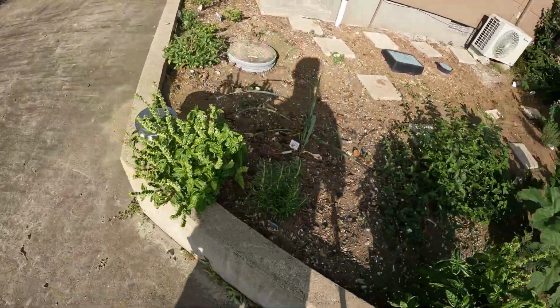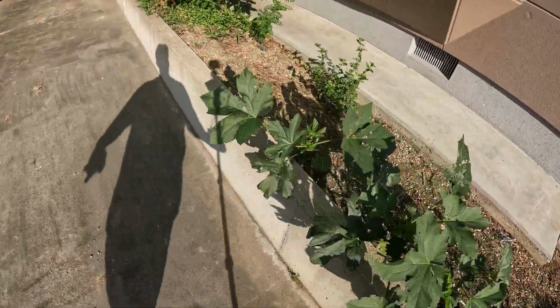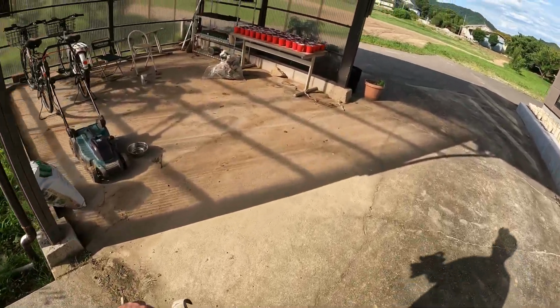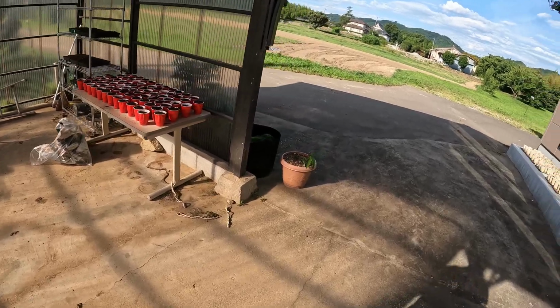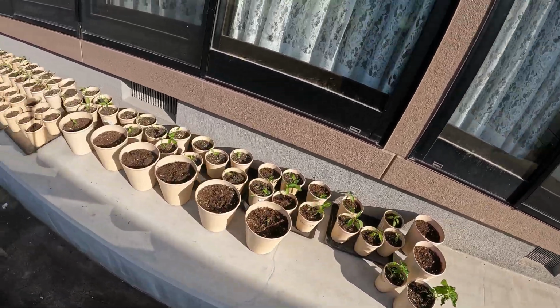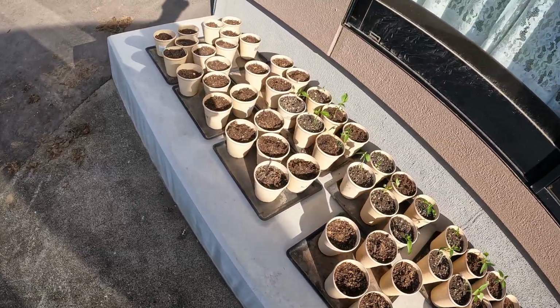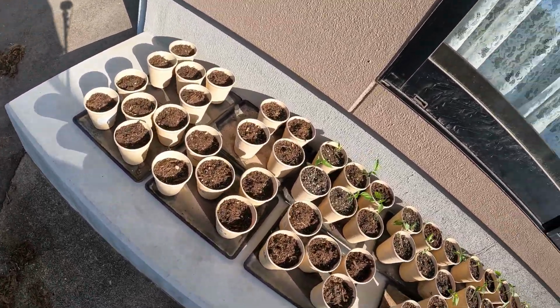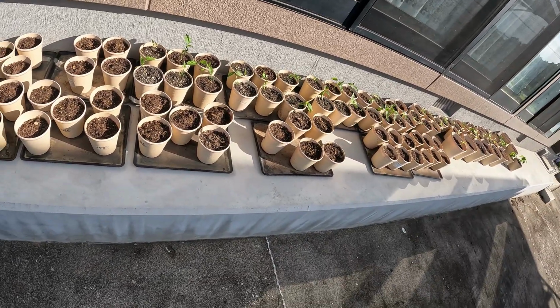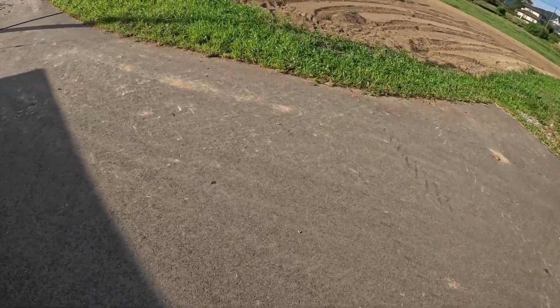We have the herb garden is doing pretty well. We've got okra about ready to go. I need to water all of this this morning. Need to water these this morning. They're looking a little worse for wear. Probably not super happy at the sudden change of environment and the wind. Well, survival of the fittest, guys. I'm not going to get a good harvest. I think what I'm going to need to do for next year is